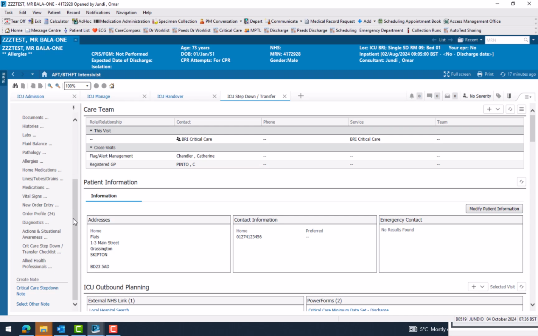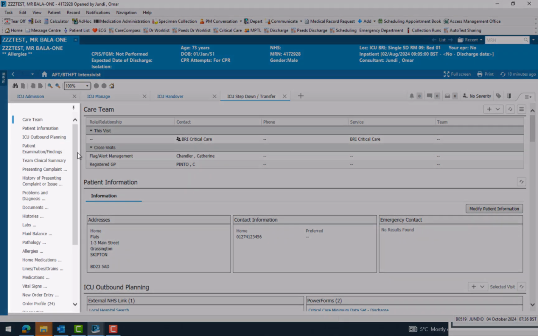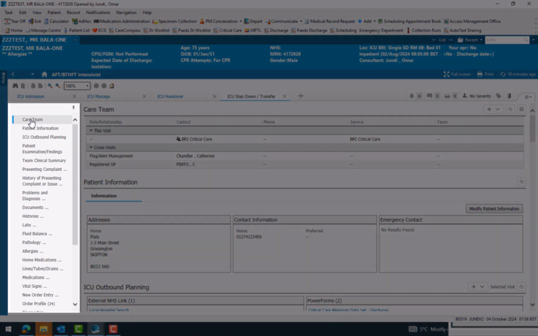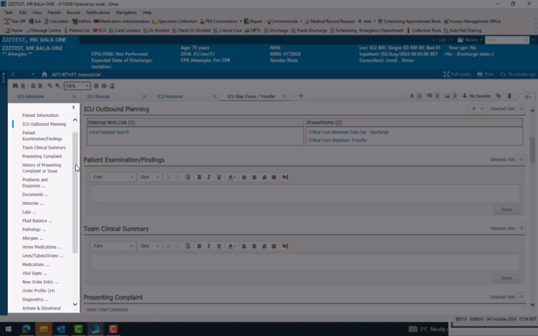So this can be pre-populated and you can fill in all the details beforehand. We ask that you don't actually create this note until the patient is about to leave or has left. But this will pull through all the information that has been added to the M pages previously. So all the patient information, there's outbound planning in case you're having to transfer the patient out of hospital, and